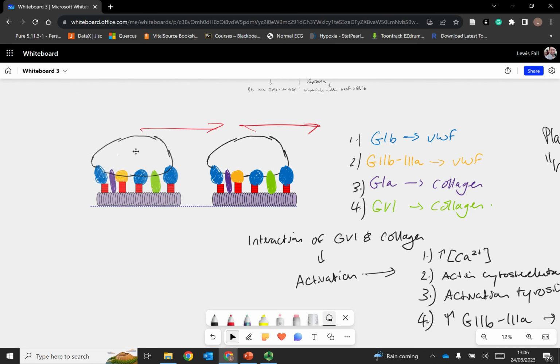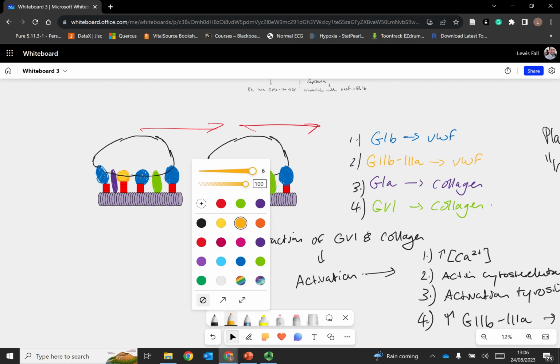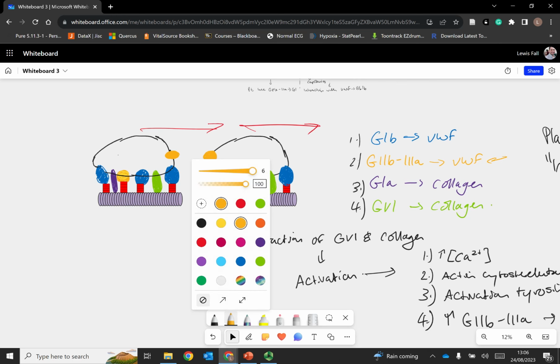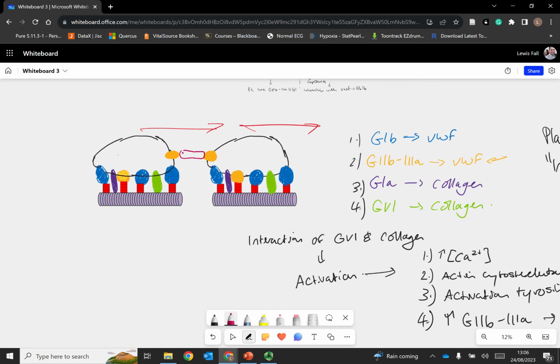Put these two side by side like this, and then we can say, right, what's causing it? And what's causing it is drawing an orange. Yes. So we know that orange is platelet glycoprotein 2b3a, and platelet glycoprotein 2b3a is responsible for binding platelet to